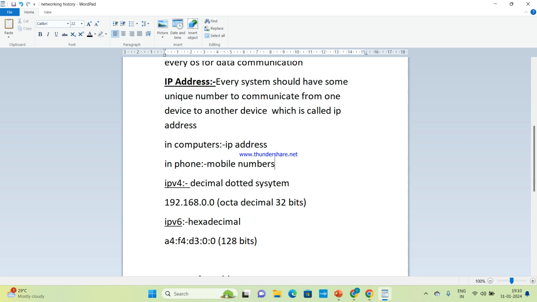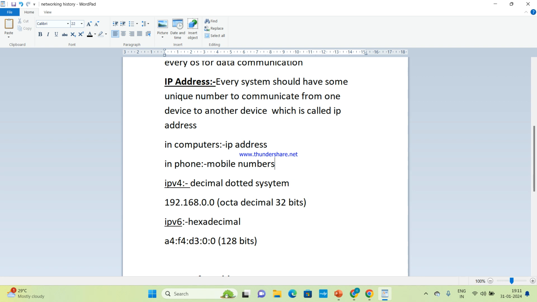Clear? Now, IP address comes in two versions, IPv4 and IPv6, IP version 4 and IP version 6. Currently we all are using IP version 4. IP version 6 is the latest version. What's the difference between version 4 and version 6?